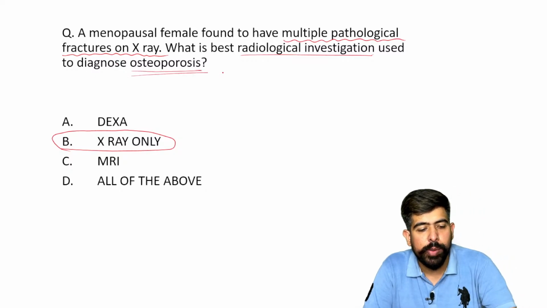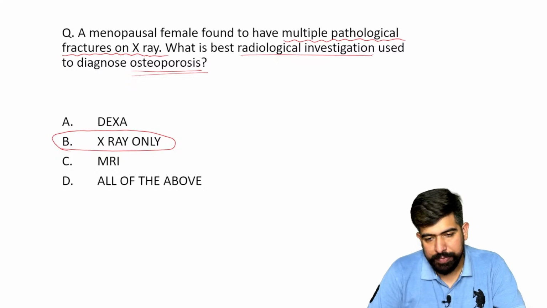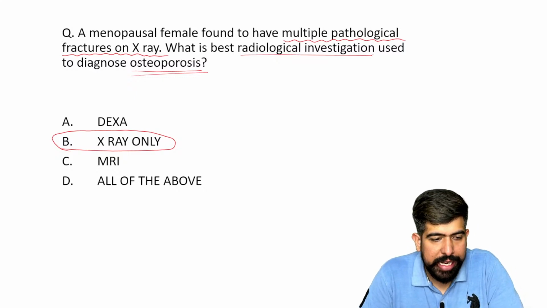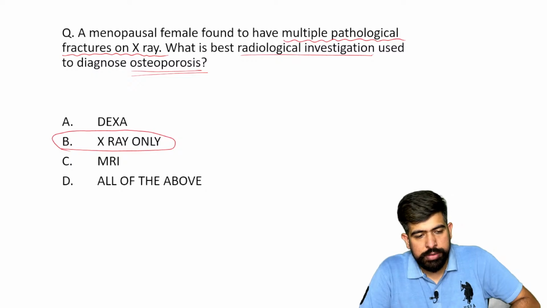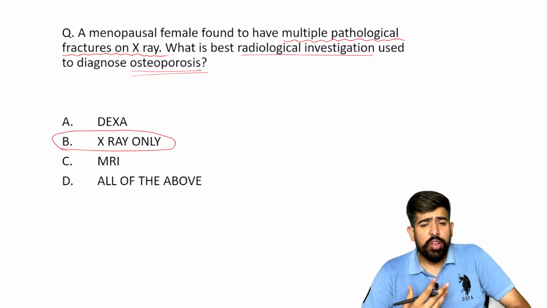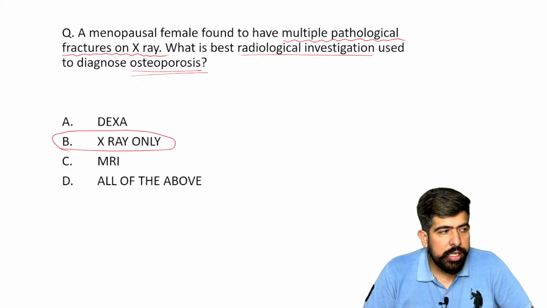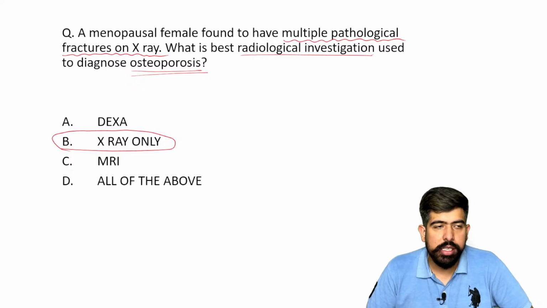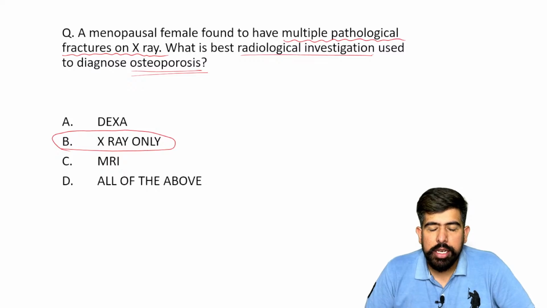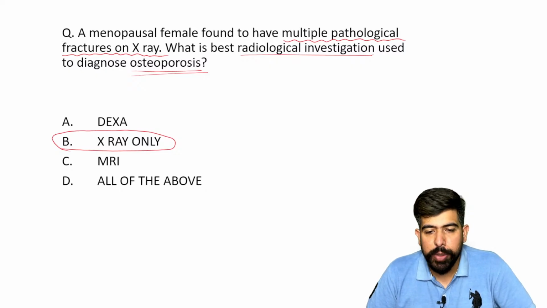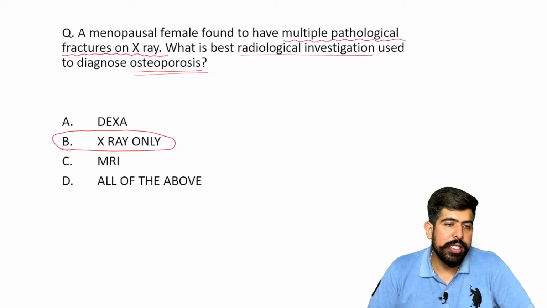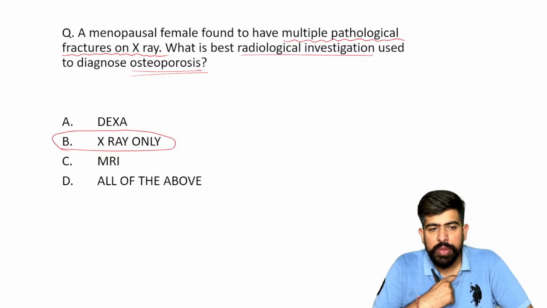I hope you studied about it, that in the female there are hormones. The female hormones are very protective for the female, and after the menopause there is an absence of these hormones, and due to this there is a most common problem which is seen over here. That is osteoporosis. All right, osteoporosis. After the menopause there is low calcium, so osteoporosis will be seen over there.